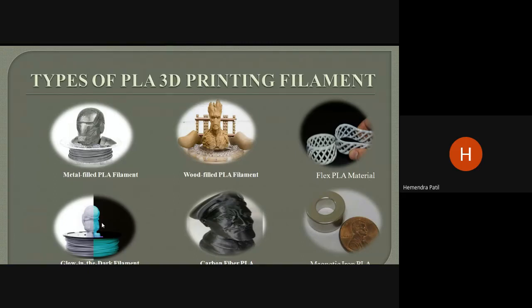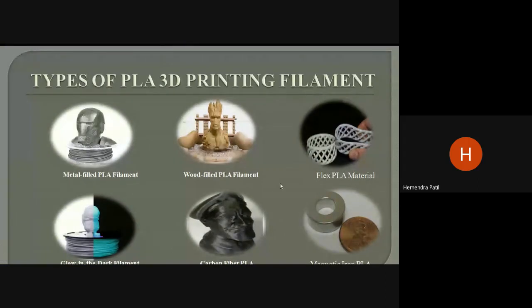The next filament here is carbon fiber PLA. To increase the mechanical properties of PLA, some manufacturers experimented with carbon fiber PLA. It was a success, and the composite helps in increasing the strength of PLA. So it allows easy printing of carbon fiber, which itself is difficult to print with. And you can get it within the range of 2500 per kg. We will discuss carbon fiber in detail in our upcoming slides.